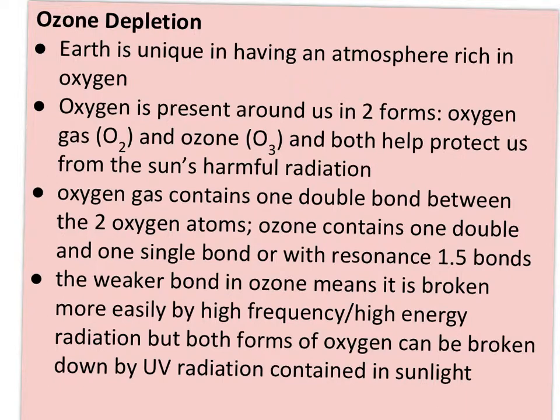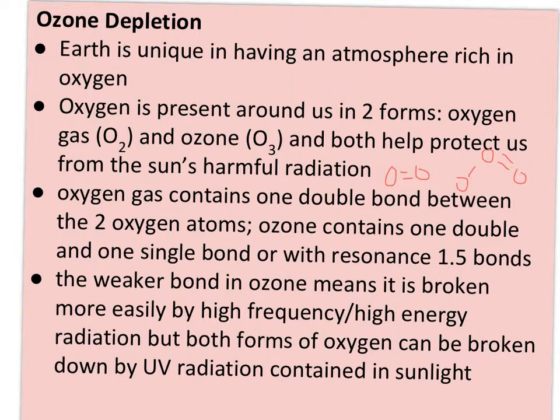So what you need to know about O2 and O3 is that oxygen gas contains one double bond between the two oxygen atoms. So I'll just draw this in here quickly. Whereas ozone contains one double and one single bond, since it's got three oxygens, so there's resonance. So we talk about the ozone bond being really a 1.5 order because its bond length and strength is some kind of hybrid between 1 and 2, whereas oxygen actually has the stronger, shorter bond with an order of 2,